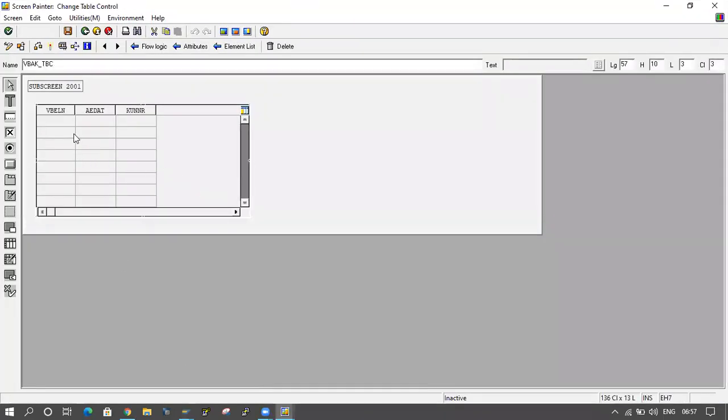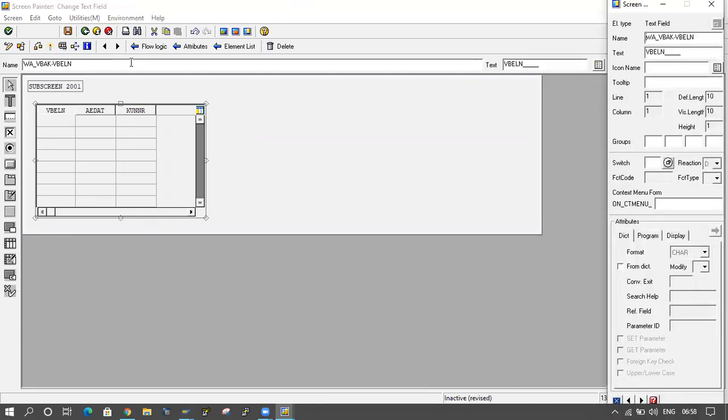See, automatically VBELN, AUDAT and KUNNR are coming here. If you want to change the descriptions, you can change them. So VBELN is coming here, right? So this is the SO, sales order number, and this is the document date.